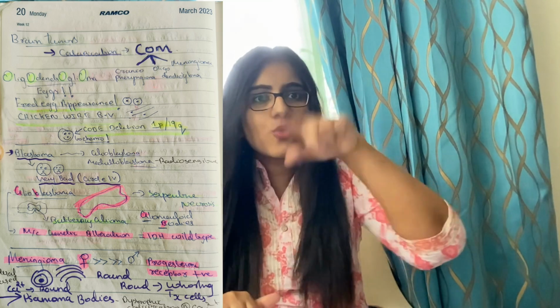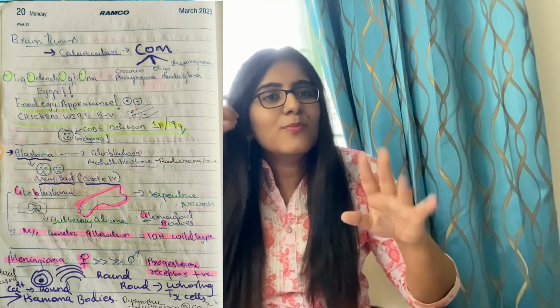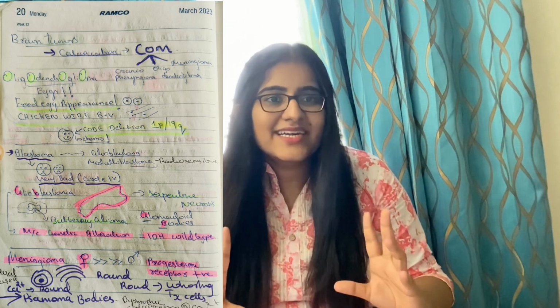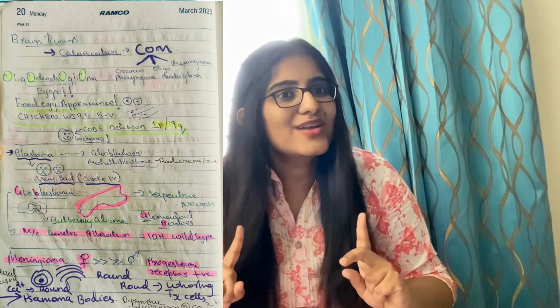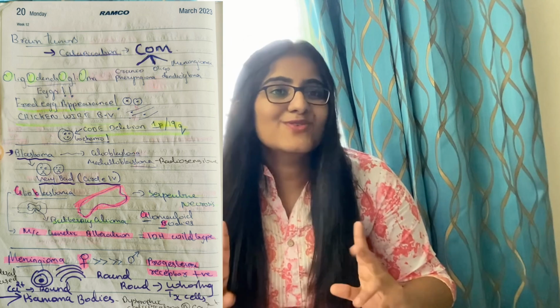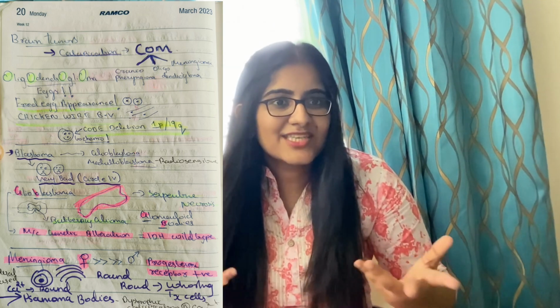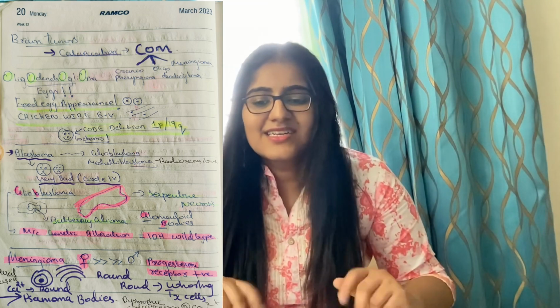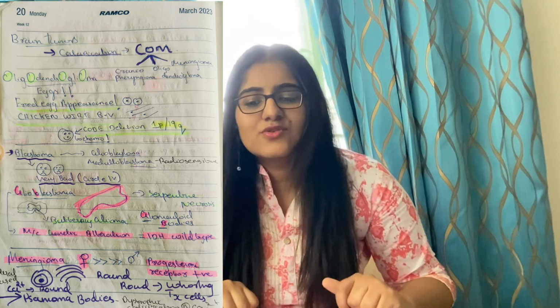So loads of O are there. O, just connect O with your X. So O means anda, O means eggs. Loads of eggs are there. So that's why remember like that. So you will remember fried egg appearance, go for the oligodendroglioma. Also eggs, chicken also will be there, right? Like chicken wire blood vessels. Also that is a good response to chemo, of course.